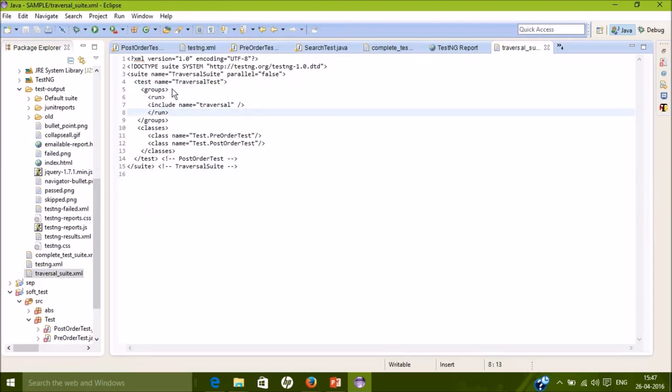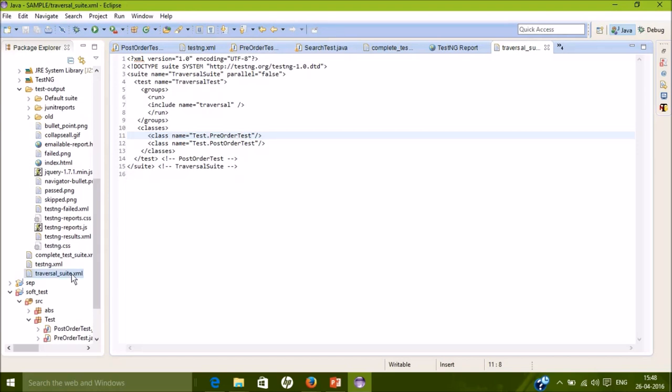I define the group and say that only include those methods which have the group name traversal, and these classes tell me from which classes I need to take these methods: PreOrderTest and PostOrderTest. I've only annotated one method each from these classes with the traversal group, so only two methods should be running.